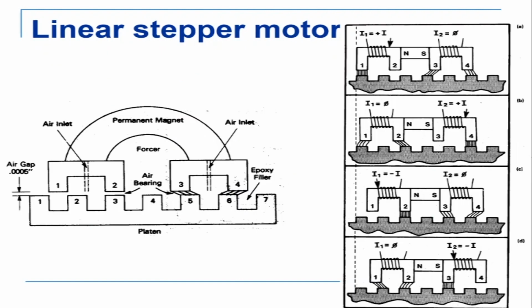Okay, and we can also have linear stepper motors. So this is a linear stepper motor. Working principle is exactly the same. We are energizing the magnets. So first I energize magnet 1. So this tooth is attracted there. Okay, then I energize magnet 4. Okay, so this tooth is attracted here. So this is moved this side. Okay, then I energize 2. Then I energize 3. So every step, it is going in steps in this direction. And these are linear stepper motors. So you can have linear stepper motors, and we can also have rotating stepper motors. This can also be operated in micro stepping mode.